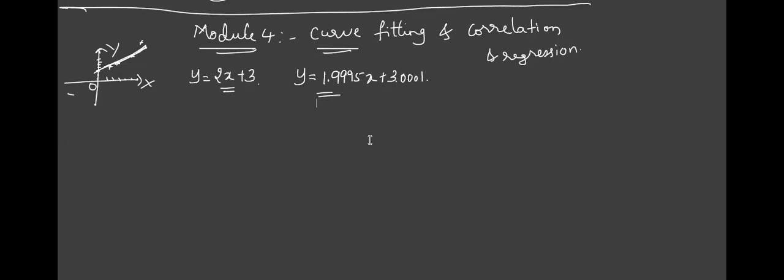Okay, the exact curve if you take is like this. So now we'll not use such a curve, we'll try to find out such a curve. That is called curve fitting. We are going to do it by one method called the least square approximation method, or least square method it is called.